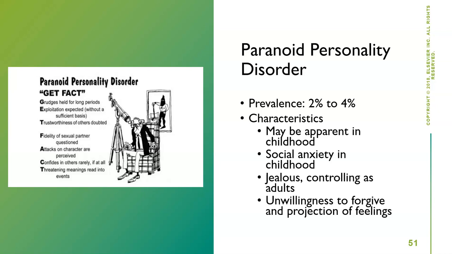Remember, we talked about projection when we did defense mechanisms. If I think my spouse is cheating on me, I'm going to be continuously finding fault and accusing my spouse of cheating when I am in fact the one who has something within me that is weird. When we're talking about where we see this in life, examples we've had in the past, Mad Eye Moody from Harry Potter, right? He's got that eye. He does not trust anyone around him.